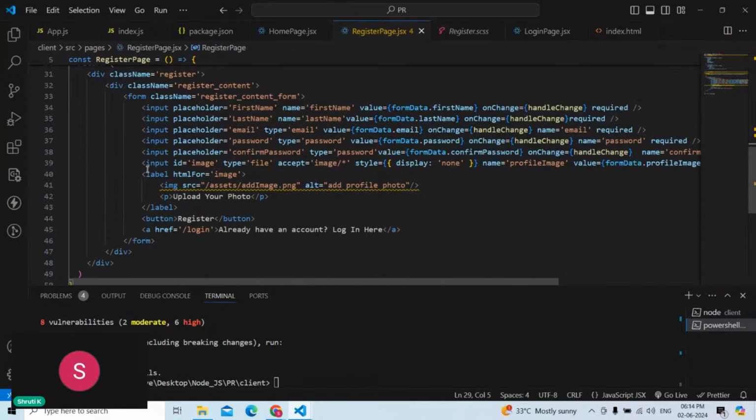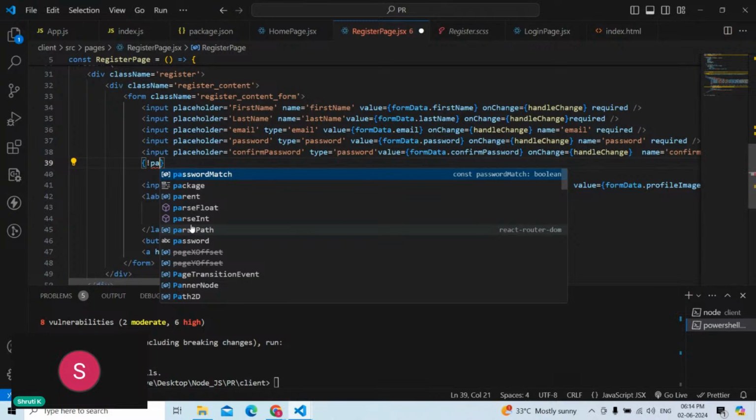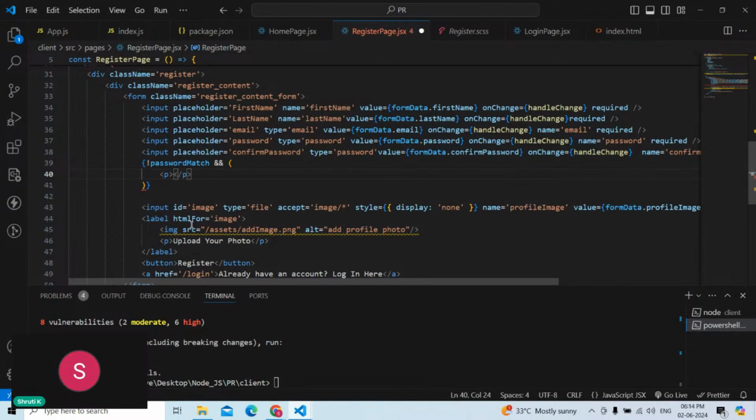Confirm password. After the confirm password, we're going to introduce a check for if the passwords do not match. If the password is not matched, we need to prompt some message. That message would be with the help of p tags, which says